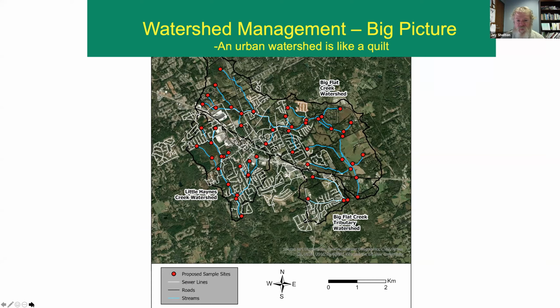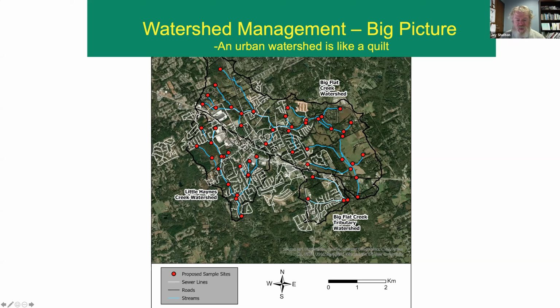Okay, and you have to recognize that here we have, I hope you can see my cursor, we'll have 3 different watersheds here. So we've got this little creek down here called Little Haynes Creek. And here are all of the little streams that connect together and all flow into Little Haynes Creek. Over here, we've got Big Flat Creek. So here we've got a small area, all of which flows down into the same point. And then up here, we've got the other part of Big Flat Creek. And before all that joins together, we've got this other watershed over here.